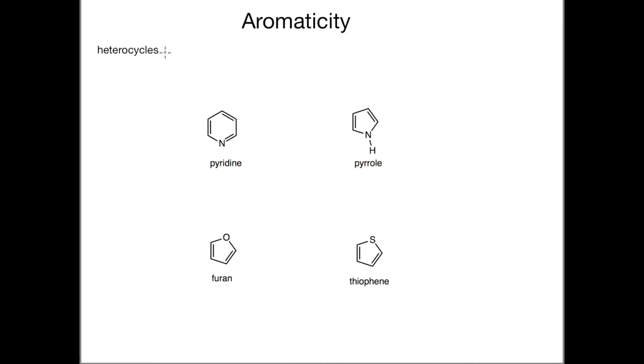And so this gives you something that is anti-aromatic. Now, one of the things that is important to note about aromaticity is that we have to include heteroatoms. So heteroatoms or heterocycles, what do we call those? Well, basically anything that has something other than carbon. So here you can see a bunch of examples. We have nitrogens, here we have oxygen, we have sulfur. And so again, we want to remember that we still have the same set of rules. We have something that is cyclic, something that is planar with everything having a p orbital, and then we also have the requirement of 4n plus 2 pi electrons.